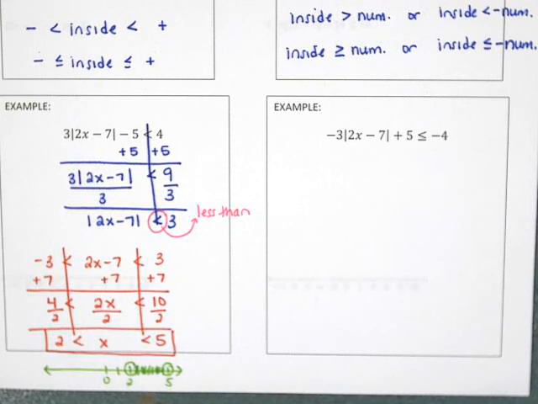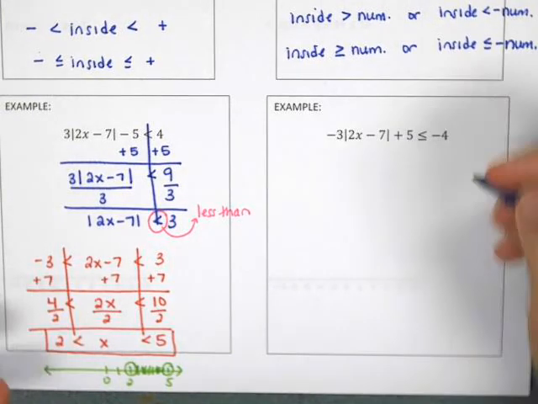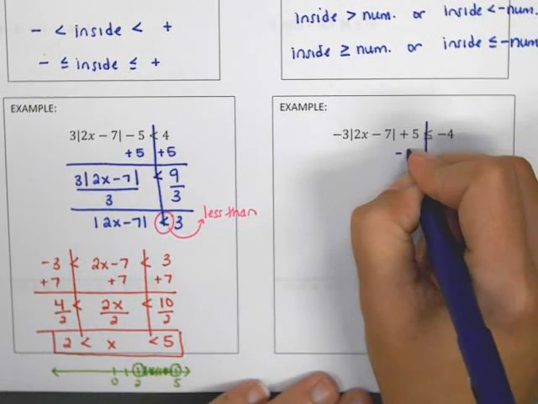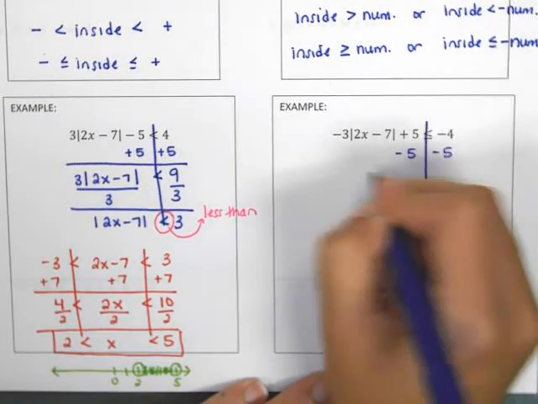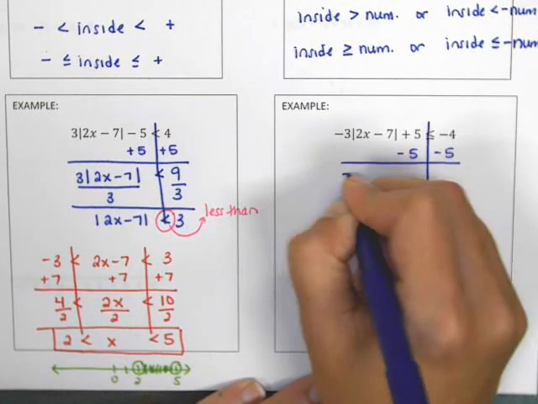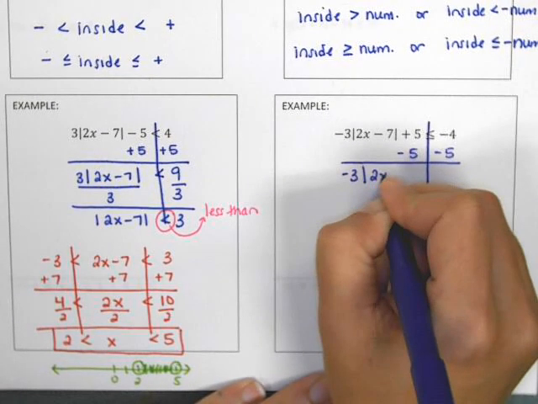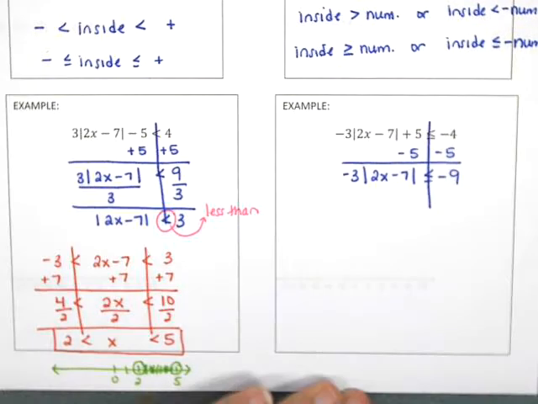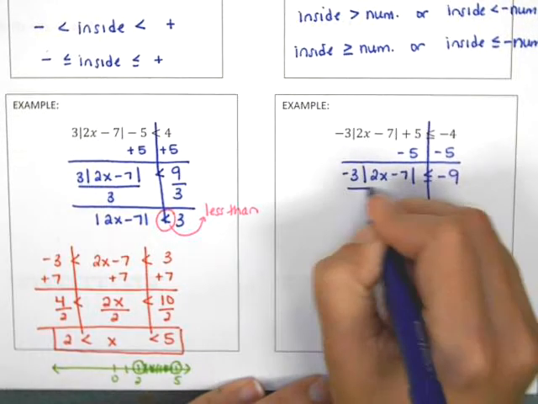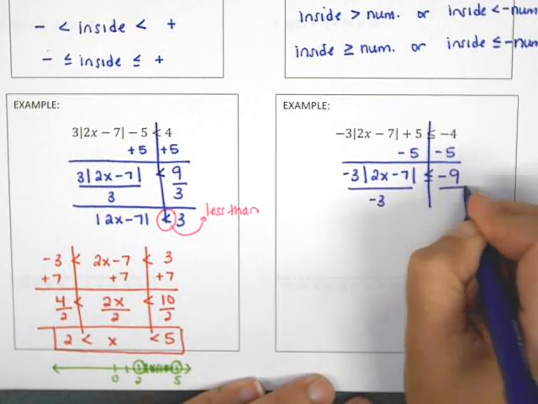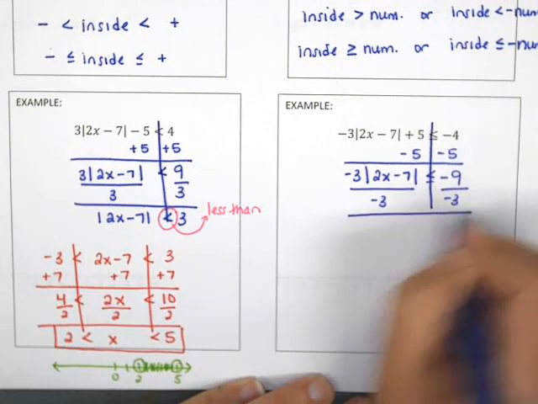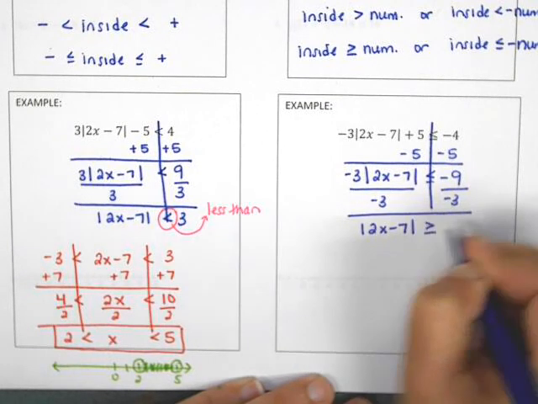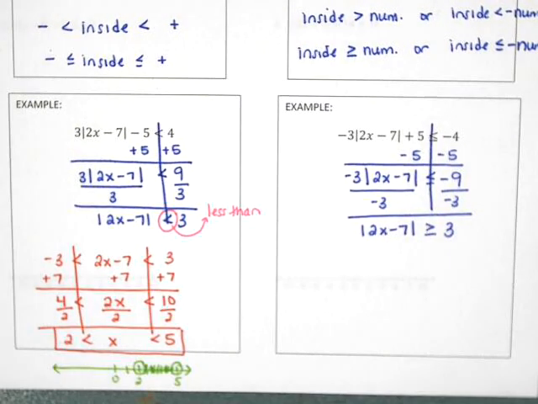Now an example where we have a greater than would look like this. Let's start by isolating the absolute value. So I'm going to subtract the 5 on both sides, which gives me negative 3 times the absolute value of 2x minus 7 is less than or equal to negative 9. Then I'm going to divide on both sides by negative 3. And because I am dividing by a negative, my inequality symbol flips over